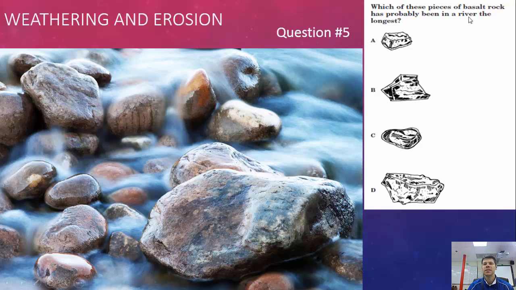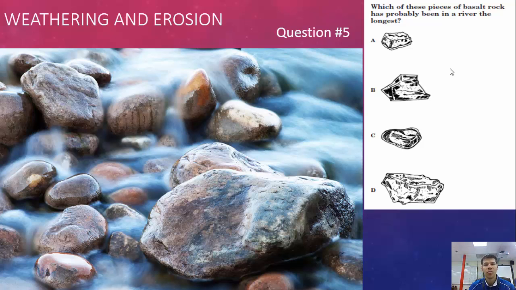So which of these pieces of basalt rock has probably been in the river the longest? We got a square piece here, and we got a funky irregular shaped piece here. We got a very rounded, smooth piece for C, and then we got another little bit larger, irregular piece right here. So the longer a rock is in a river, the more that it's going to be weathered